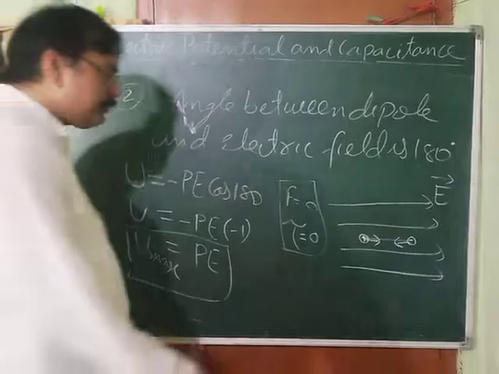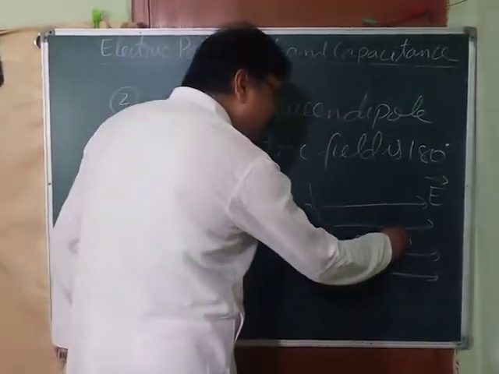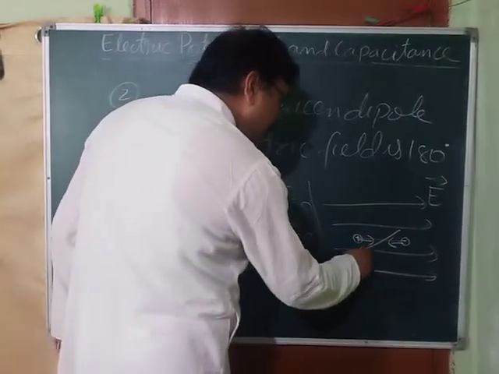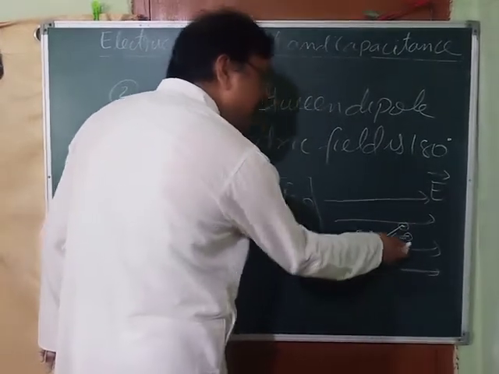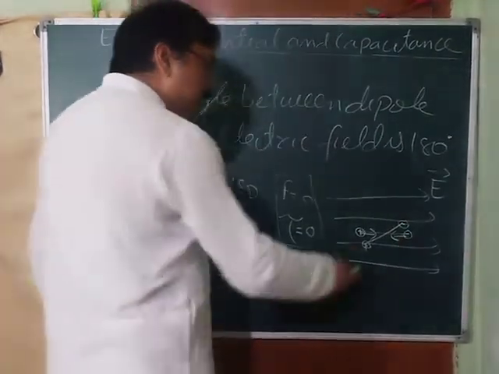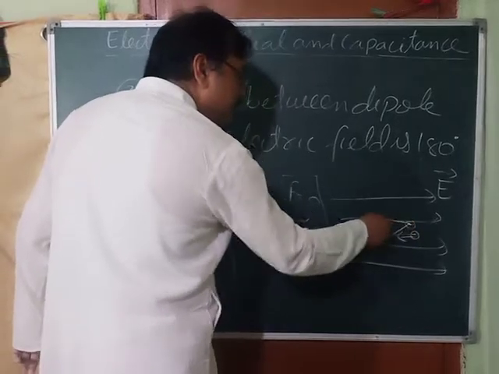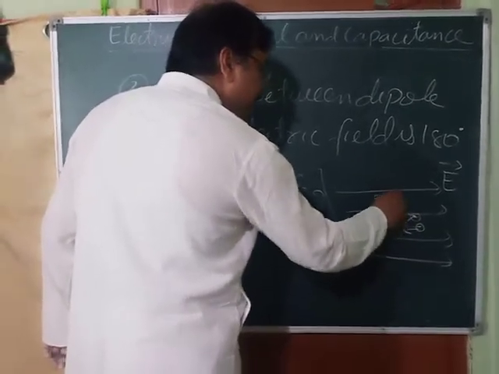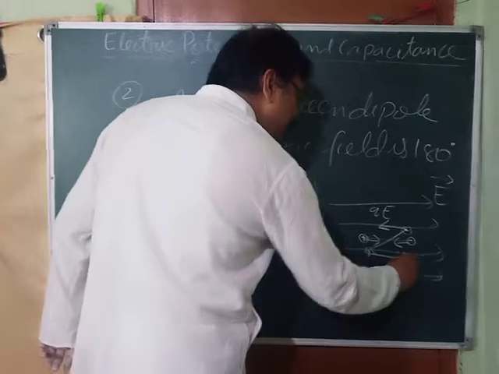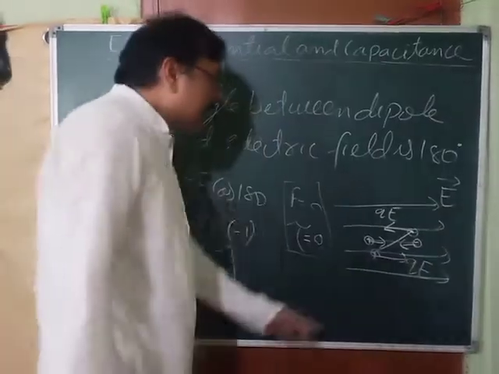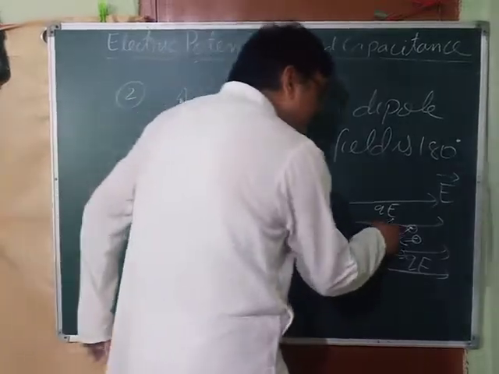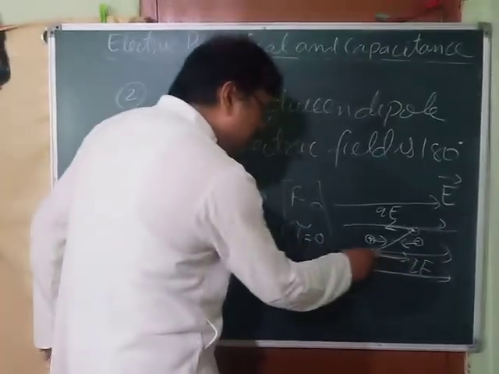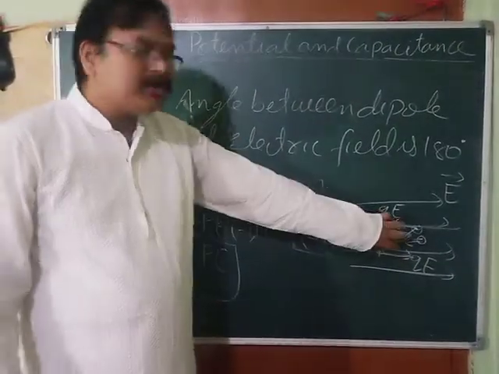Now how? Let me show you. Once we disturb its equilibrium, suppose this is the positive charge, this is the negative charge. We have disturbed it, okay? Now tell me, in which direction will we feel the force? In this direction, that is QE. This will feel a force in this direction, that is QE. Are the lines of action of the forces the same? No. This force is acting along this line and this force is acting along this line. So what will happen? This will cause a torque.